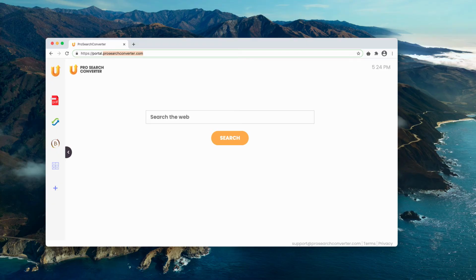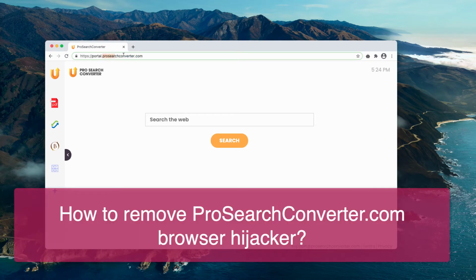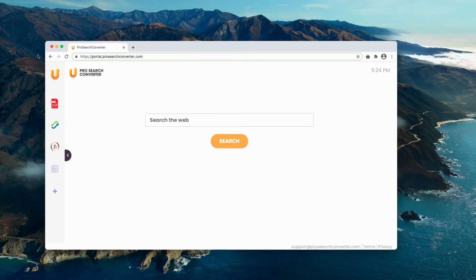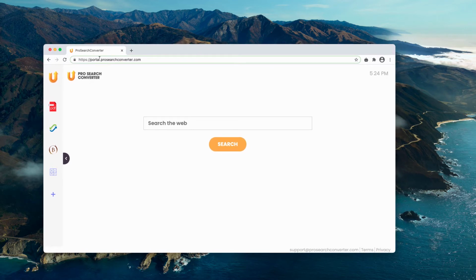In this video guide, we will give you instructions to remove ProSearchConverter.com, which is a typical browser hijacker. The developers of this service claim that by installing the extension, you will be able to get some services related